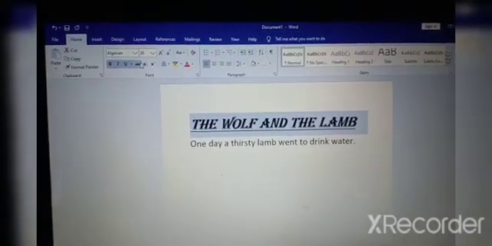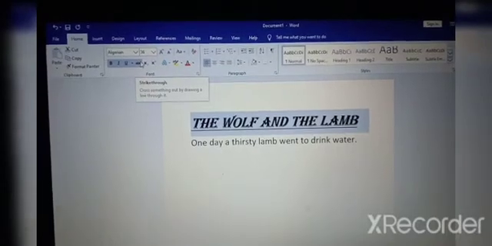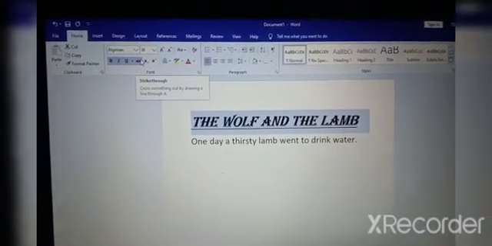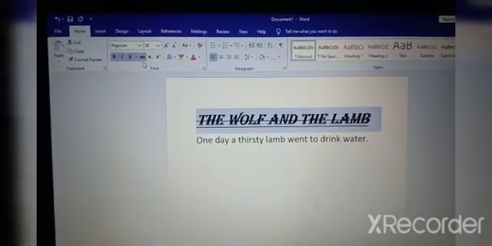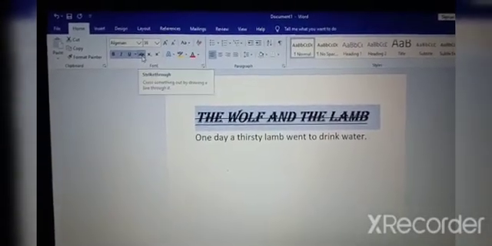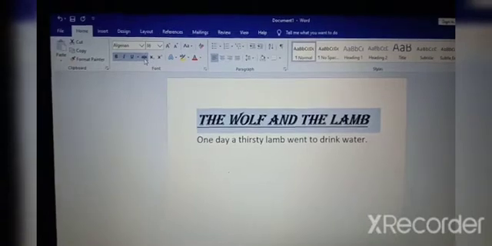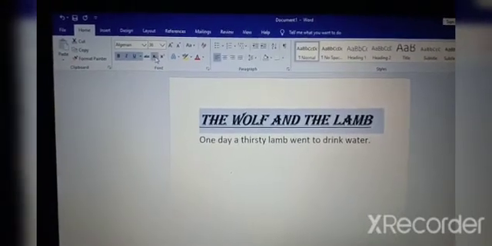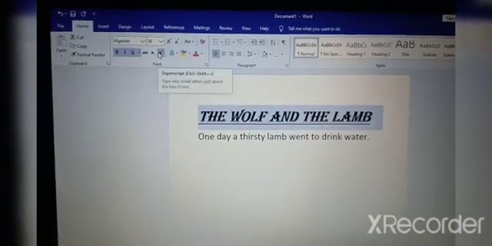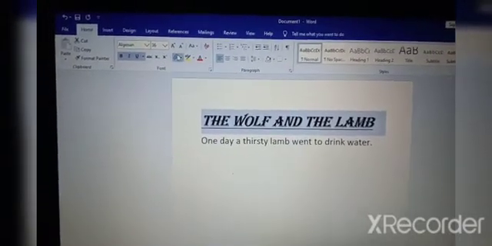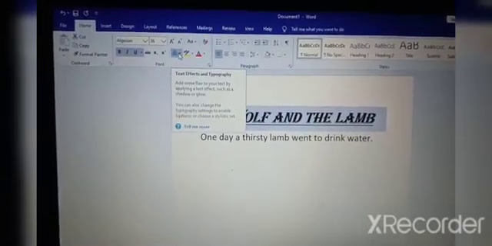Right. Now this is strikethrough, which means you can draw one line in between the text by clicking on strikethrough. I don't want this for my heading, so I will remove it again. Now see, this is the subscript and superscript option. Now this is a font effect.